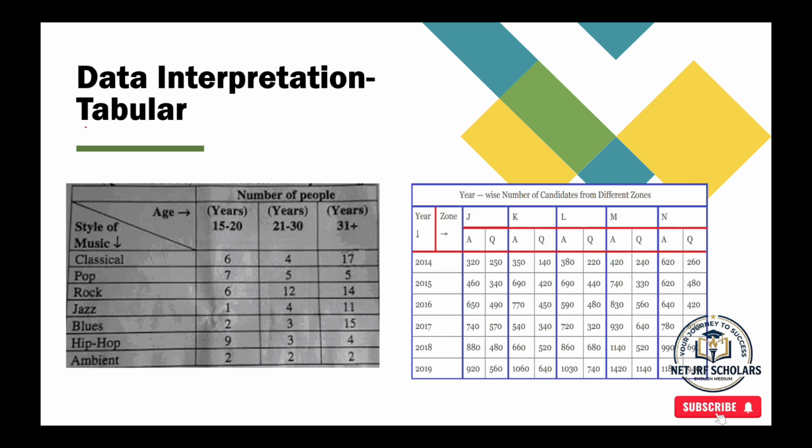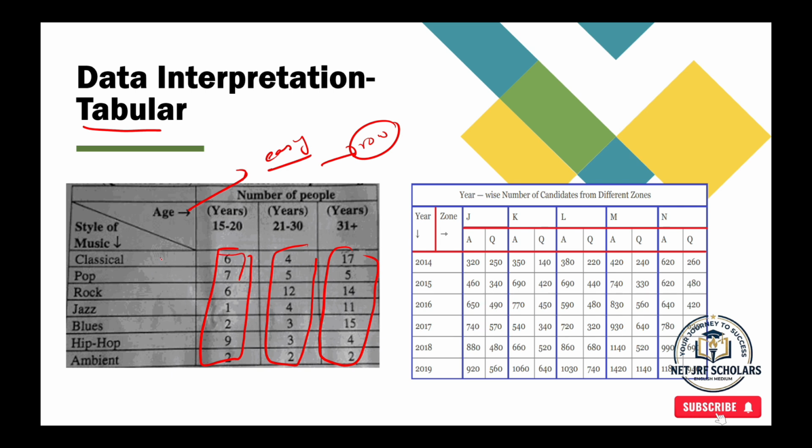First we'll look at the tabular format. If you look, most of the numbers are single digits, and there are only 3 rows. So it's easy because all are single digit and there are only 3 rows, and they are given styles of music. It looks very easy, so that you can easily calculate the averages,